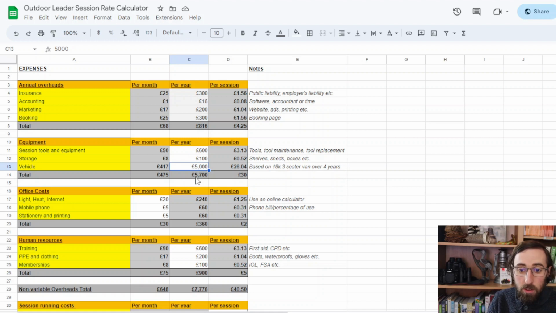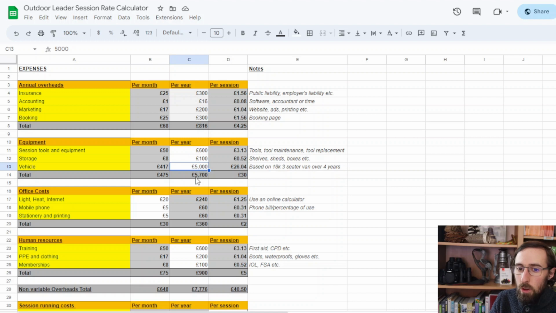If I didn't run the sessions that I ran or go on the trips that I did, I wouldn't be driving around in a van. I'd be driving around in a relatively economical 5-seater car, and I'd be quite happy with that. The problem is that doesn't have near enough space for the people and equipment I want to move. So having a van is a business expense, and the running costs are going to be higher. Insurance and the tax and the servicing and the purchase cost are going to be higher.